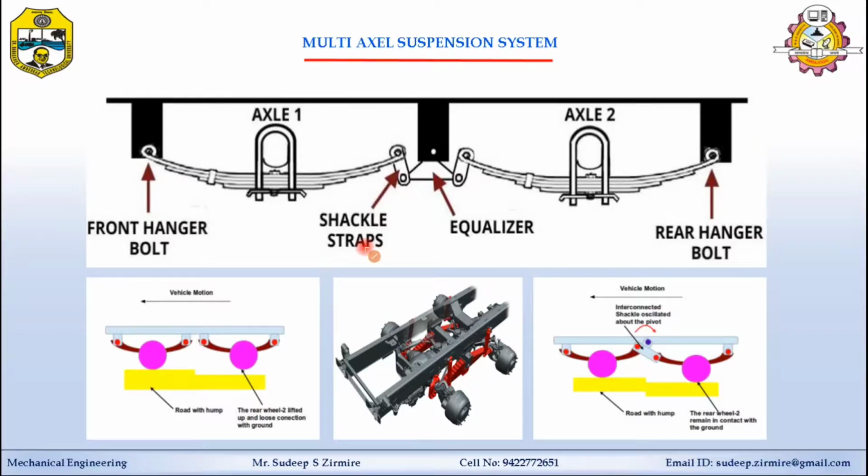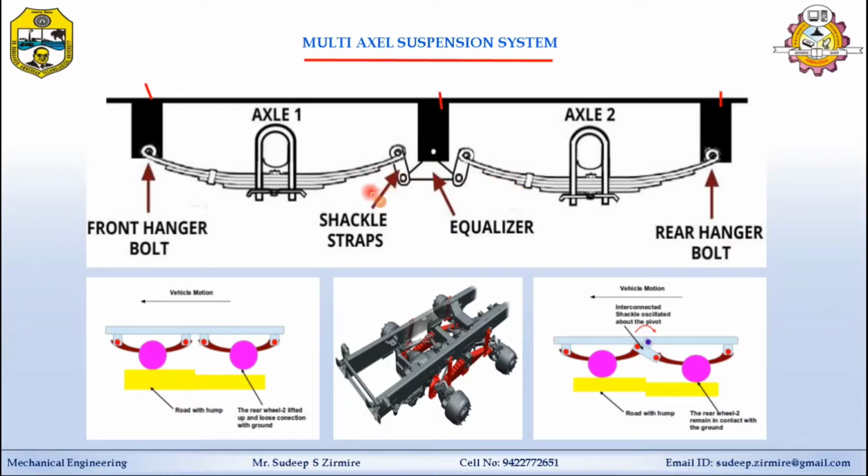So friend, three hangers, this is the first hanger, this is the second hanger, and this is the third hanger, are used in the suspension system, and they are welded to the trailer frame from the upper side and attached directly to the leaf springs. There are three types of hanger in the suspension system: front, center and rear. And also there is one part in between, the equalizer, which is pivoted to the center hanger. This equalizer is suspended from the center hanger and serves as a link between the leaf springs on a multi-axle trailer.